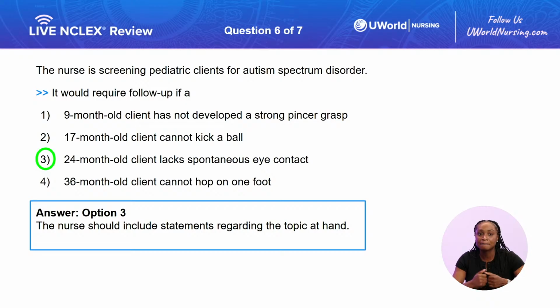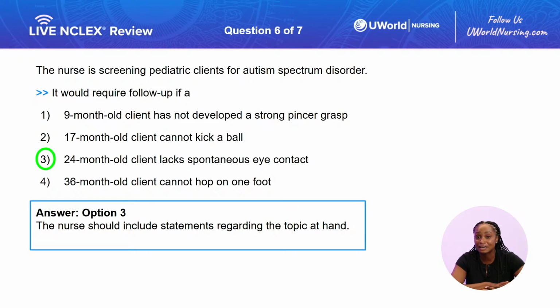disorder. If a client, option 1, 9-month-old, has not developed a strong pincer grasp, this is not to be concerned just yet. 9-month-old is pretty early for them to get that pincer grasp. They have a lot of that palmar grasp. They're just grabbing everything, grabbing your earrings, your hair, everything. Option 2,